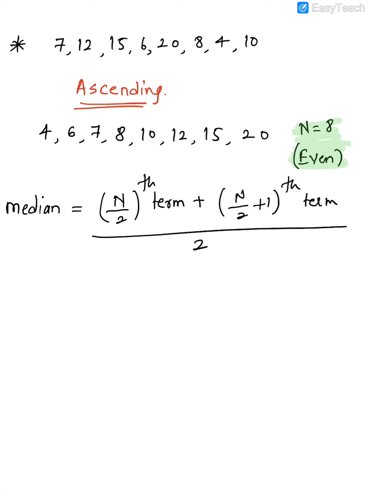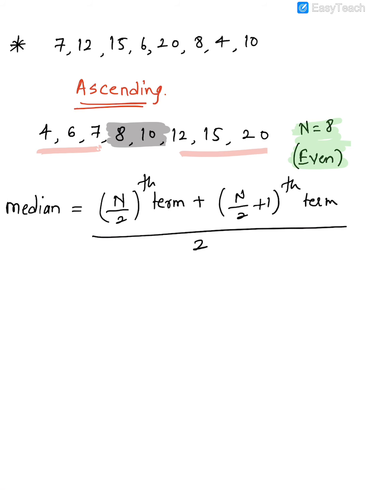In simpler language, let me tell you what is happening when the number of observations is even. If you notice, there are 8 terms, and we have 8 and 10 as the terms in between. Here we've got 3 terms, and here we've got 3 terms. Now there is not one term in the middle, we've got 2 terms in the middle. So what we are going to do is take the average of these 2 numbers. When you take the average of these numbers, that will be your median.